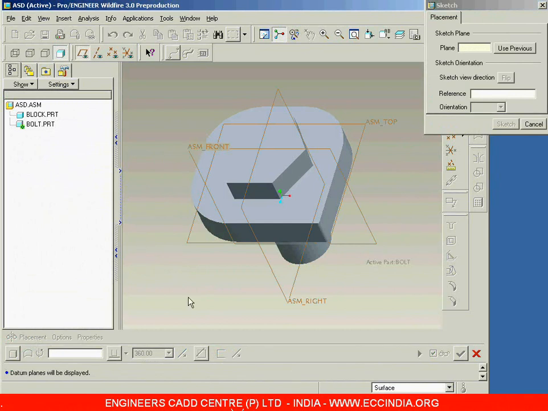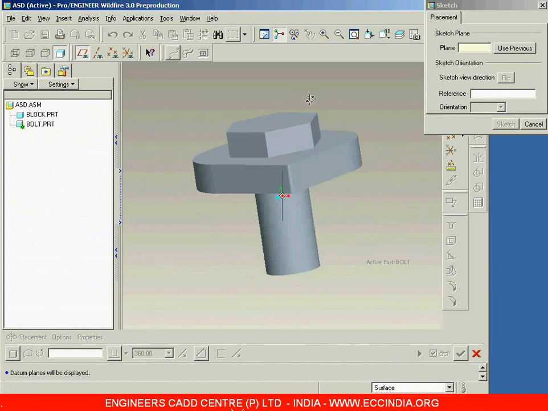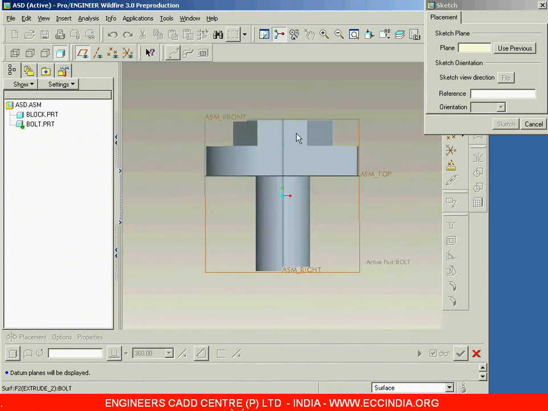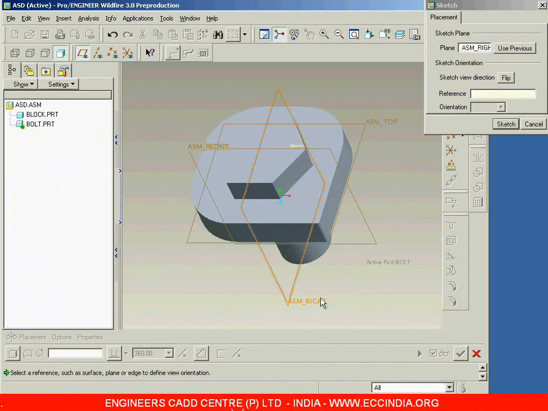Now here I am going to select a plane, and that plane is nothing but the right plane. And the reason is you can select a view in which you can get only 2 surfaces of the bolt. Now here if you see, the bolt head, if I watch this from the right side I can get only 2 surfaces, whereas if I watch it from the front I am going to get 3 surfaces. Now to go with a revolve cut, it is always better to go with the 2 surfaces side. So I am selecting here the right plane as the sketching plane.